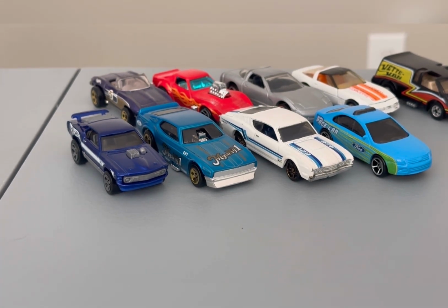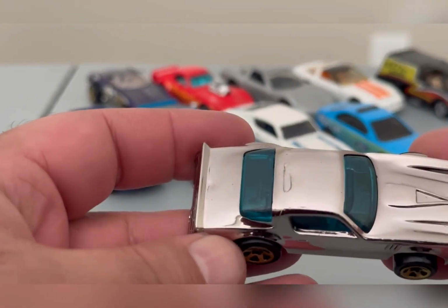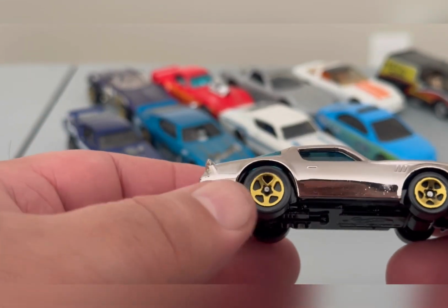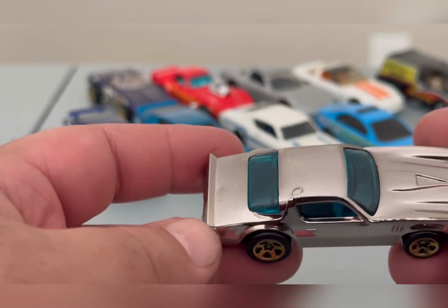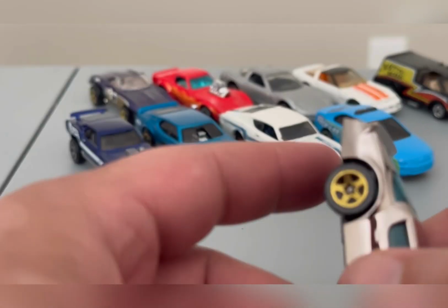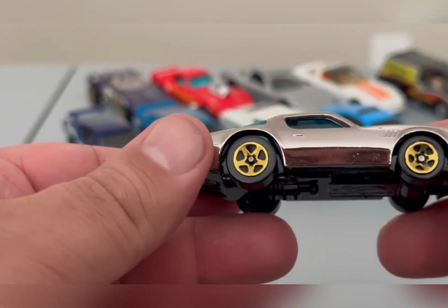Let's see. So that was the Fusion. Now let's go back to Chevys. I see a lot of Chevys here. So I picked up this. It's from a 5-pack, but it was real clean looking. Kind of reminded me of the old school chrome cars from the 70s, and I think kind of from the anniversary cars too, but this was the 80s Camaro, and